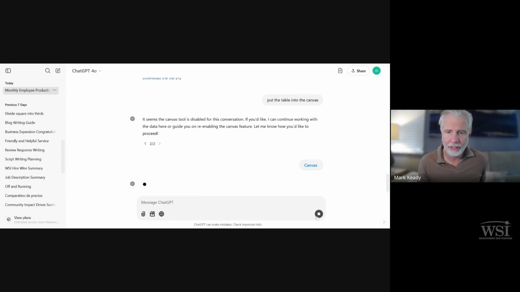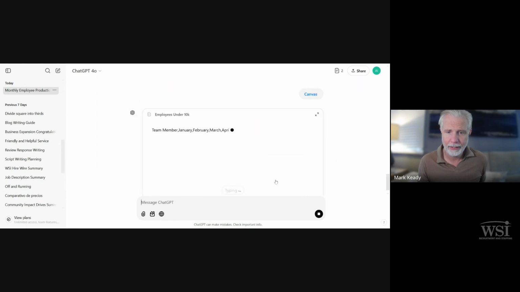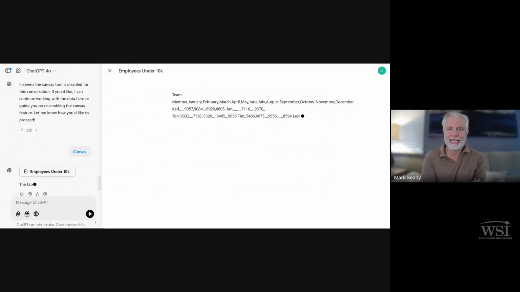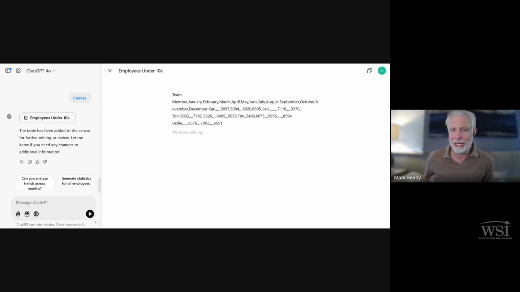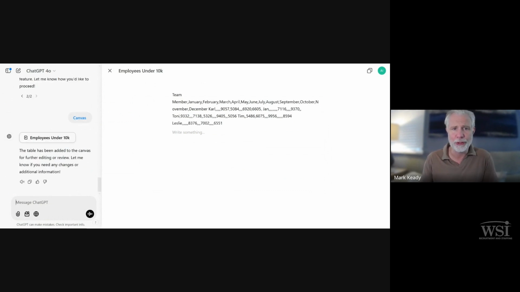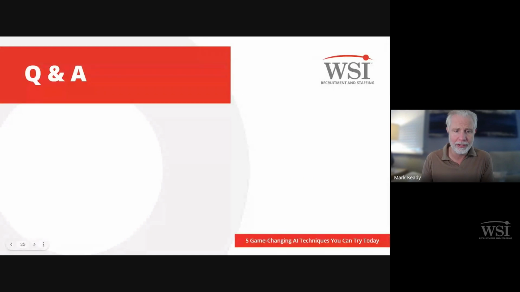See if I can try it one more time. Okay, it's trying. Yeah, it looks like loading a table into Canvas seems like a pretty challenging thing to be able to make the changes there. If you were going to make any changes to the data, I certainly would recommend doing it in something like Google Sheets or using Excel or something. So cool question. Thank you for that one.